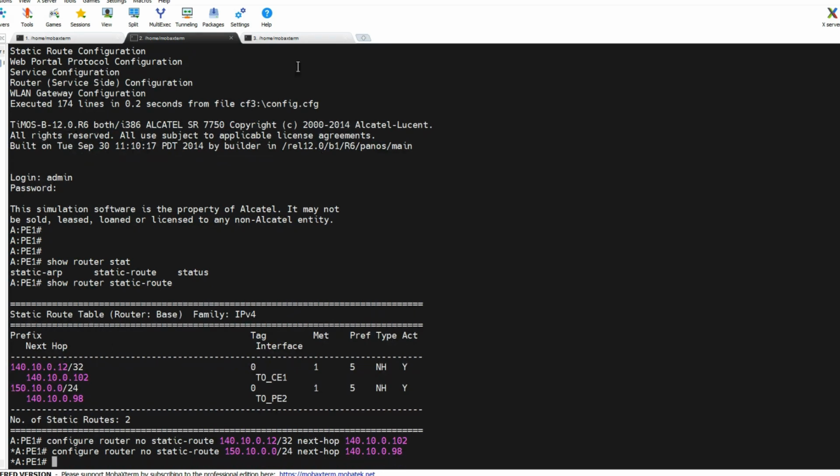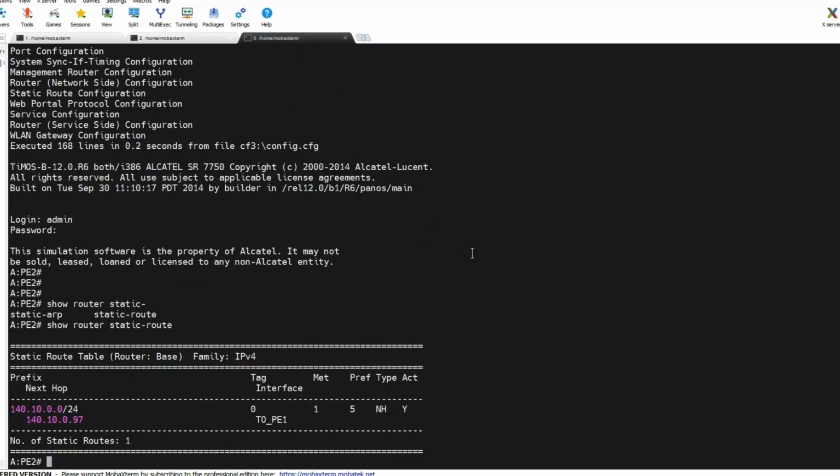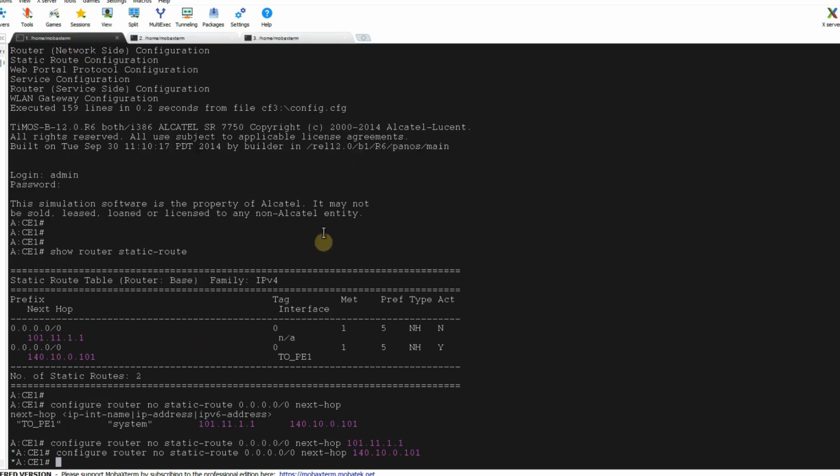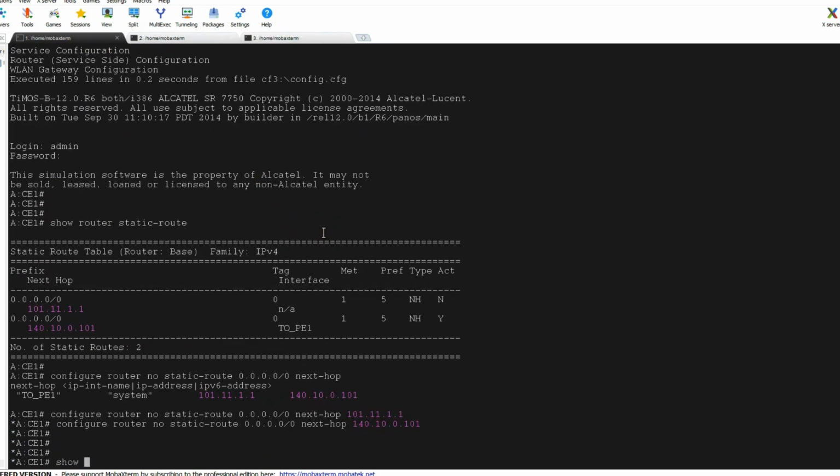And then lastly we go on to PE2 and do the same thing. Configure router, no static route 140.10.0.0/24, next hop was 140.10.0.97. So if we issue the same command, just to double check, show router static route,